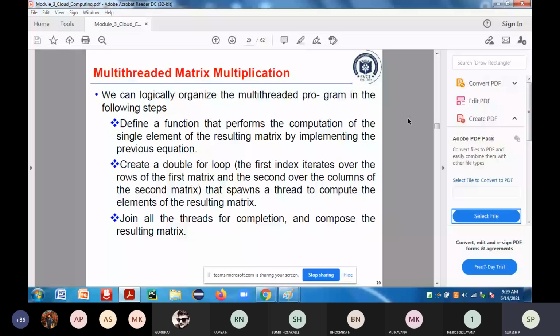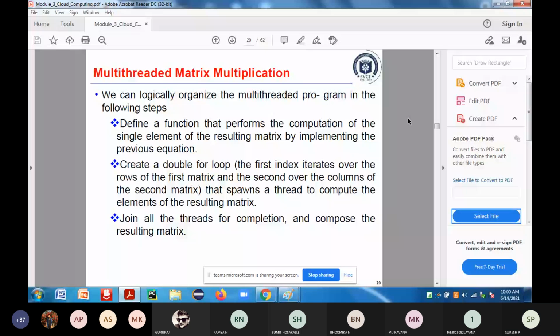There are several methods to find the multiplication of given matrices. But here what we are going to discuss is the matrix product. In the matrix product, it is going to compute each element of the resultant matrix as a linear combination of corresponding rows and columns.